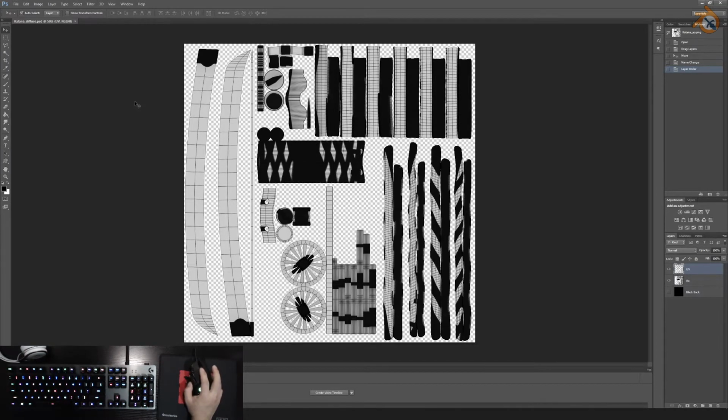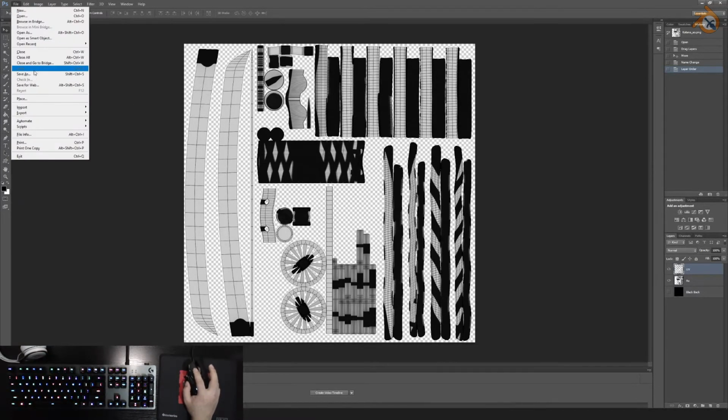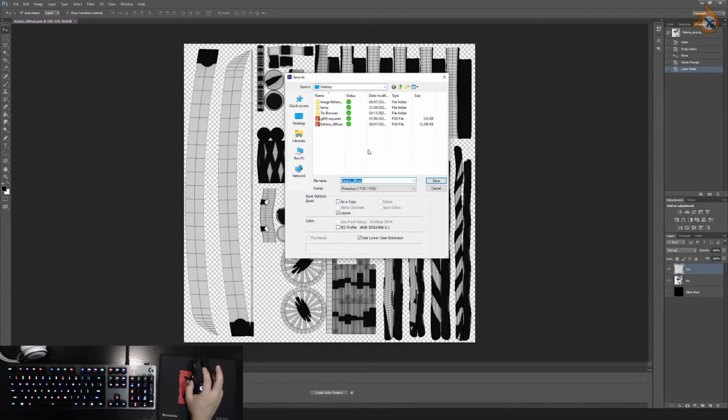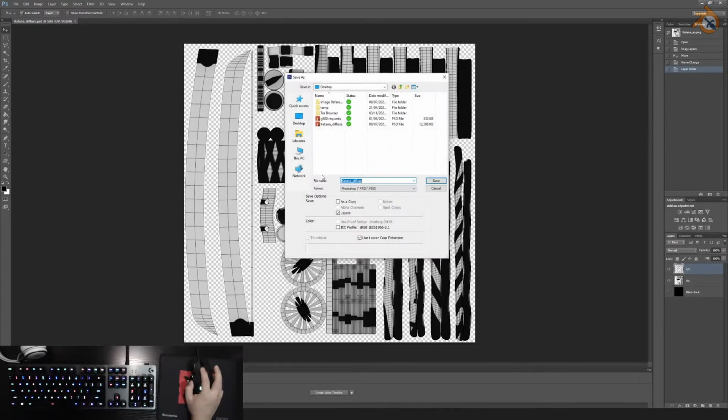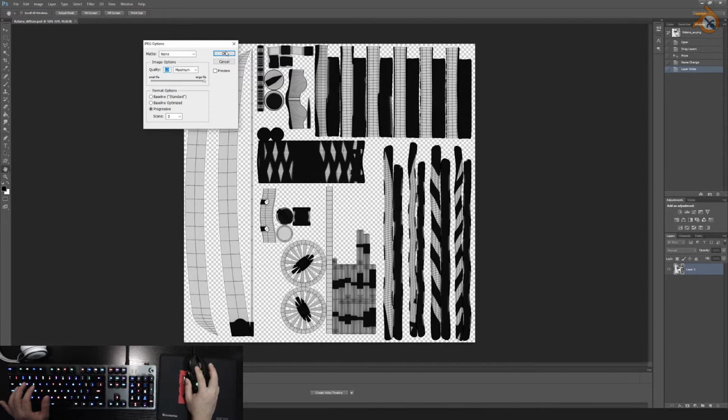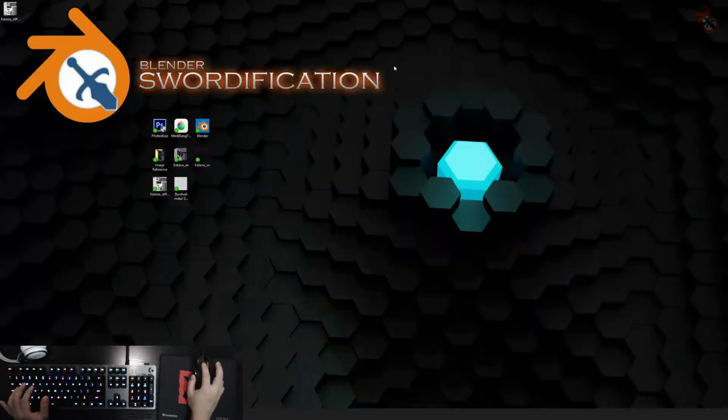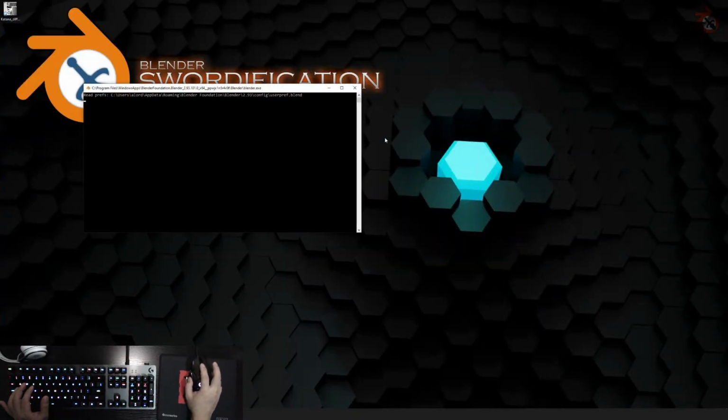Okay, before anything else, just save this real quick, which I have already done. Just rename it Katana Diffuse so that we could save the entire texture. Well, if you wanted to see this in Blender, let's just make a real quick JPEG, Katana Diffuse. Going to save that. Then let us open up Blender